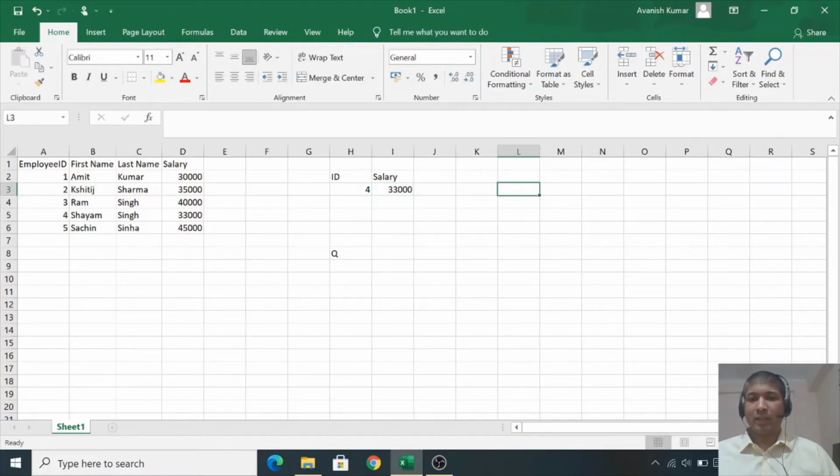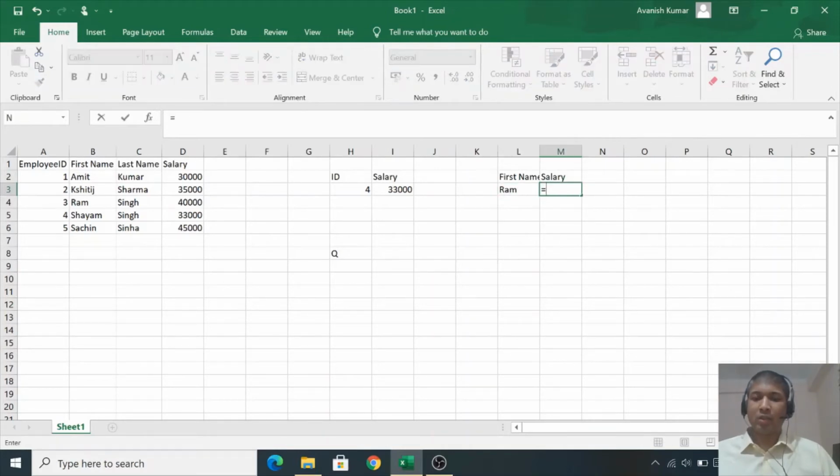Similarly, we'll see one more example of VLOOKUP. Let's say we want to search the same salary details by first name. So let's say we want to search the salary of Ram. We'll do equal to again, and VLOOKUP, and then the lookup value,